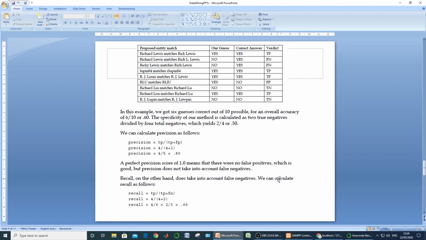All these four parameters are calculated as we have just discussed in this slide. By looking at this table, we calculated precision after denoting them as true positives, true negatives, false positives and false negatives. Then we calculated recall, then we calculated its accuracy and specificity also.